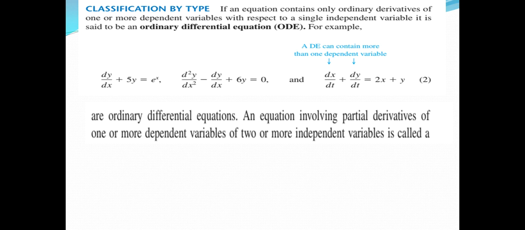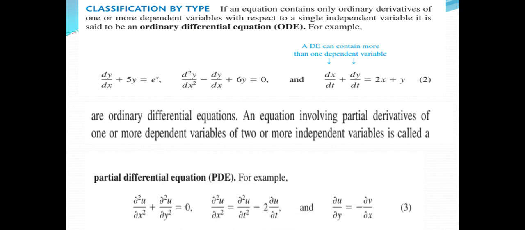An equation involving partial derivatives of one or more dependent variables with respect to two or more independent variables is called a partial differential equation, and we denote it by PDE. So PDE is a shortcut for partial differential equation. So any partial differential equation contains more than one